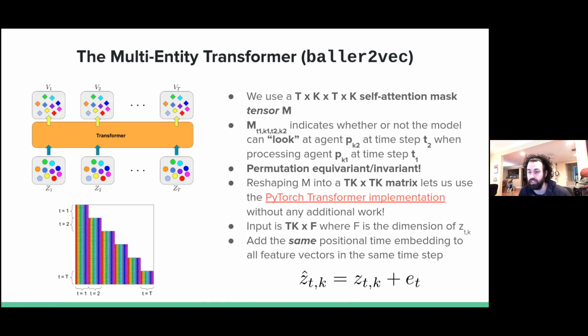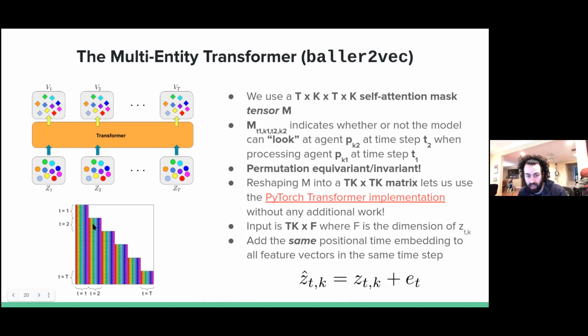Okay, so to generalize the standard transformer to the multi-entity setting, we reimagined this self-attention mask matrix as a reshaped self-attention mask tensor, where each element of this 4D tensor indicates whether or not the model can look at agent pk2 at time step T2 when processing agent pk1 at time step T1. And so we can then reshape that into a matrix, which allows us to use the standard PyTorch transformer implementation without doing any additional work. And so what that looks like is what you can see here, where at each time step,